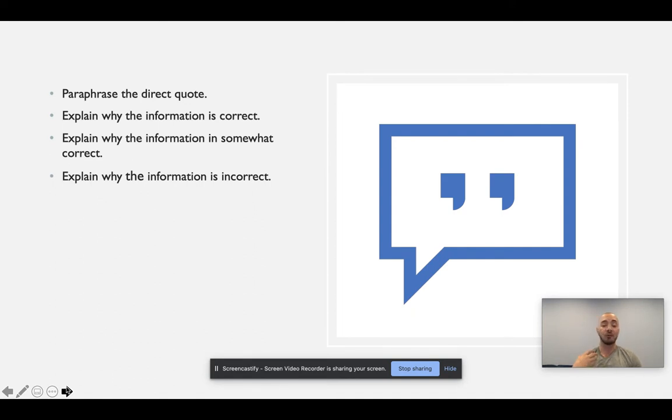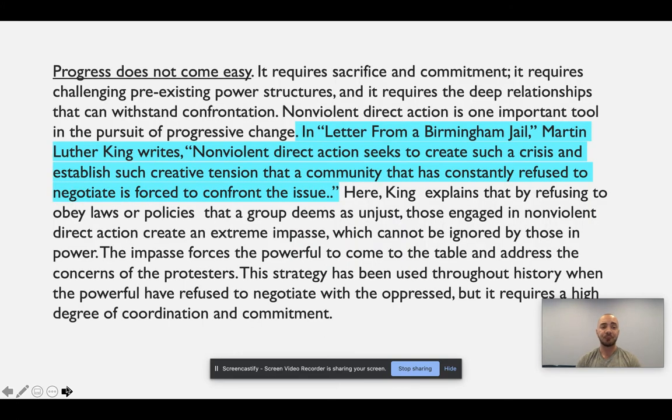These are all appropriate ways of commenting on source material. Finally, you might apply the quote or the information to another situation, to a novel situation. These are just some of the ways. And as you continue writing and developing your craft as a writer, you'll develop your own methods of integrating and commenting on source material. Let's look at a couple of examples, though.